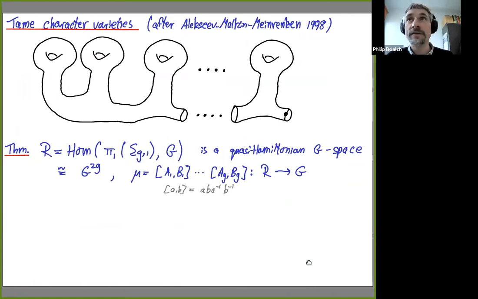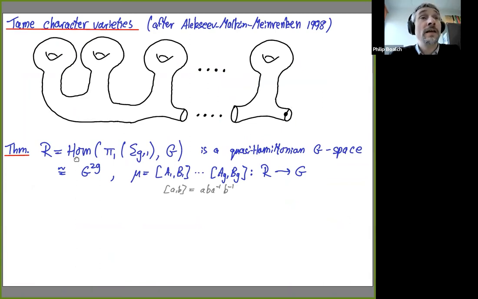So I haven't defined what a quasi-Hamiltonian space is. I was hoping this would become a completely standard thing, but you should read the paper of Alekseev, Malkin, and Meinrenken in 1998. They came up with this really nice language for how to construct these moduli spaces by fusing together pieces. So the basic example would be, if you have a surface with one marked point on the boundary,